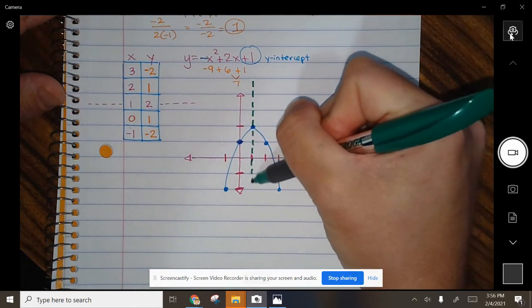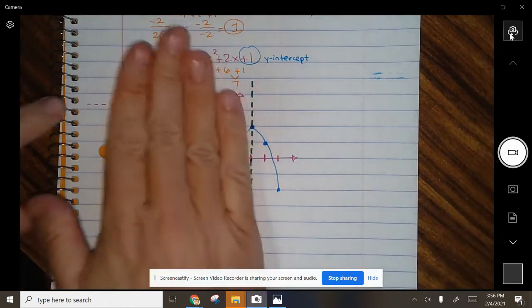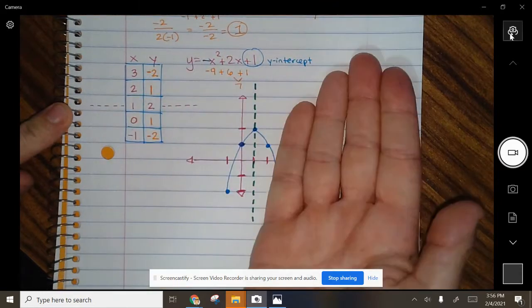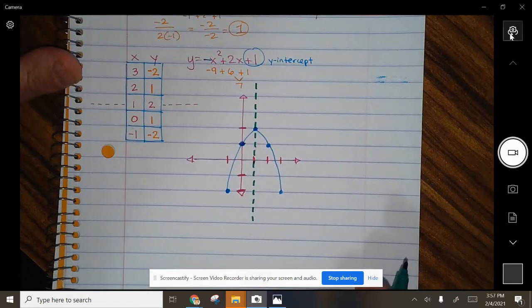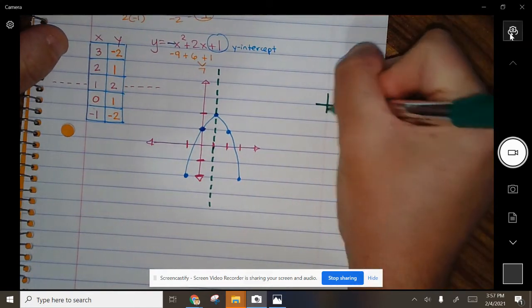I want you to do this on your sheet. This is the mirror. This is the symmetry. You see how it reflects kind of over? It's the symmetry that's happening. Now, if we were to graph, if you remember graphing back in the day,